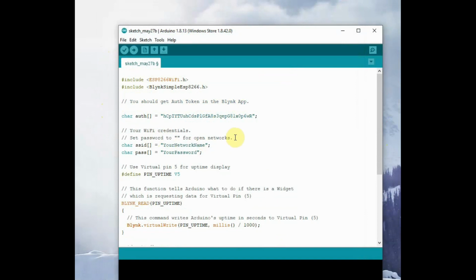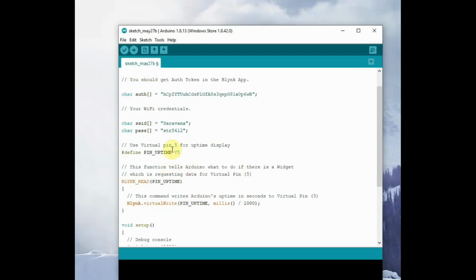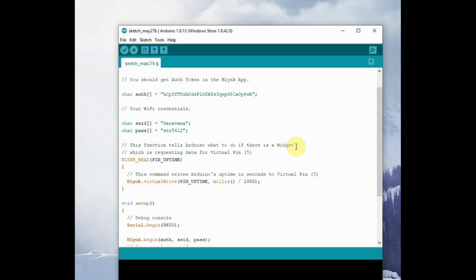You need to provide the SSID, your internet SSID, and then the password for the internet facility. And we use BLYNK_READ function. BLYNK_READ in capital, that means from app. BLYNK_READ, and the parameter in the sample code they have used variable pin underscore uptime. We will straight away use the virtual pin number V5 as parameter. So BLYNK_READ